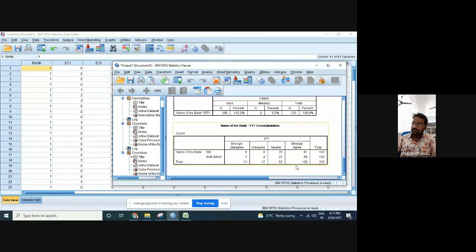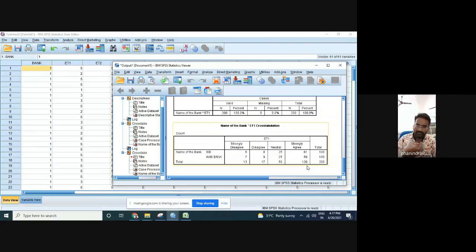Most of the respondents, known as 120, known as 60% of the respondents, feel that the tangibility features, the expectations of tangibility features, are accepted, whereas 25% of the people are not accepting, and the remaining people who stood at the disagree stage, around 30, that is 15 percentage, have opined that they disagree with the tangibility features of the particular banks. In this way you need to make the analysis.